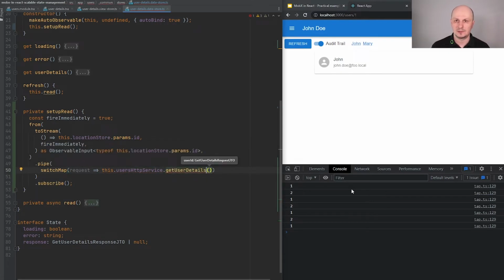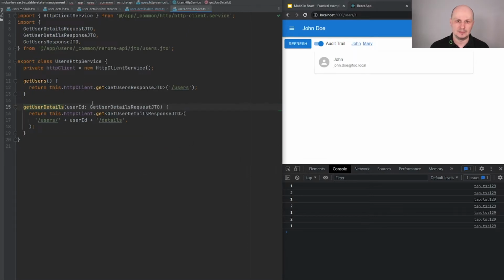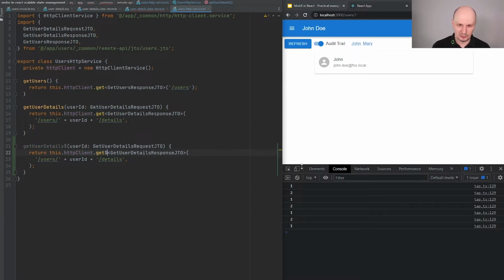And it looks like the get user details method from our users HTTP service is a promise, but we want to have an RxJS stream instead. So I'm going to duplicate those methods with a sign of the dollar at the end, which means that this is an RxJS stream.